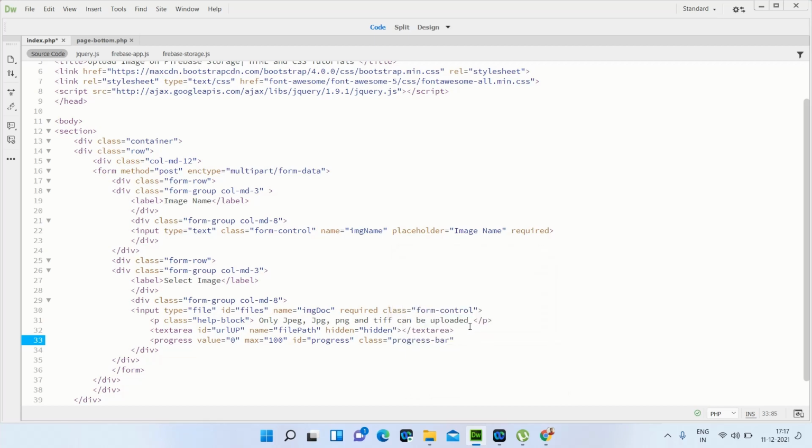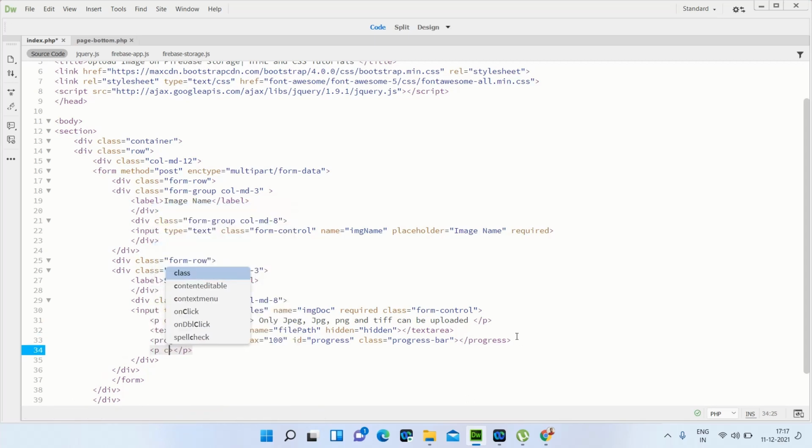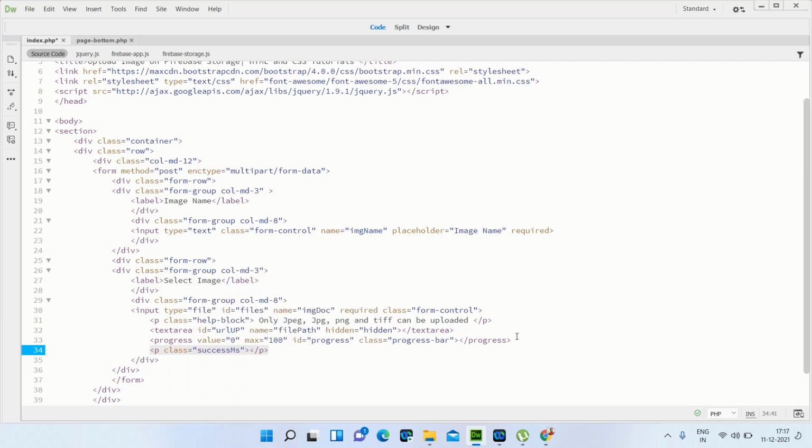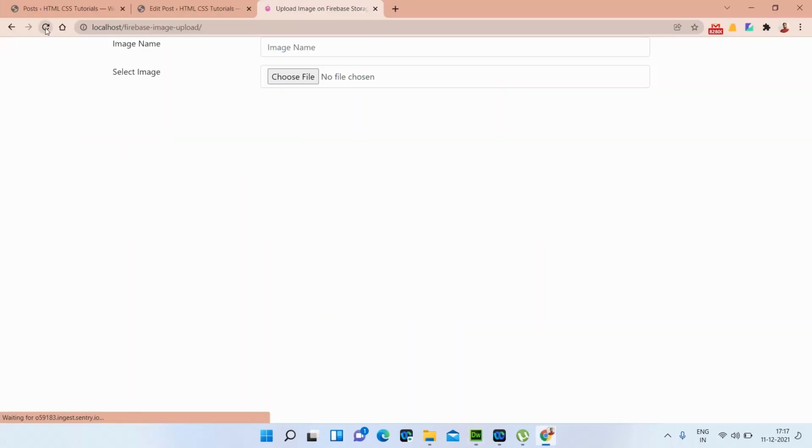Okay, and you have to close the progress bar. Then I need to create one more p and also set a class as uploading hyphen msg and set id is equal to uploading. Now we are going to refresh the page and see this.